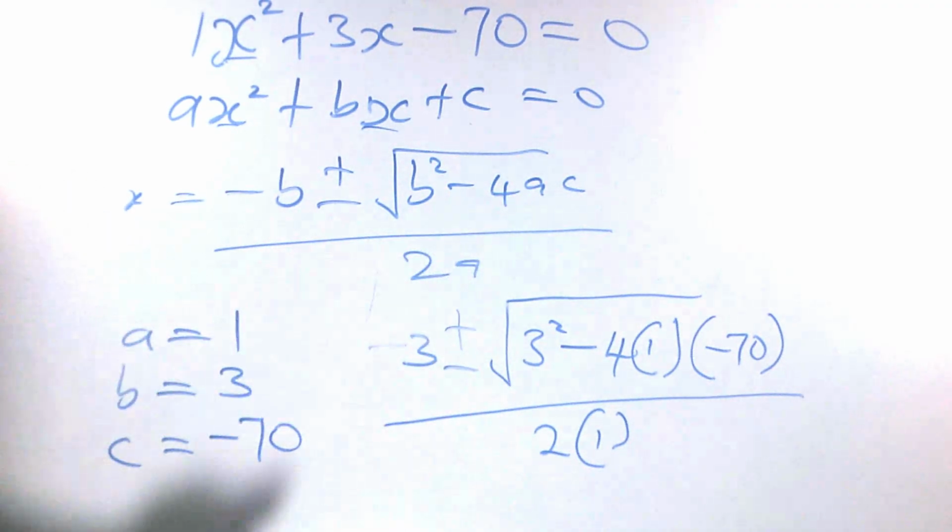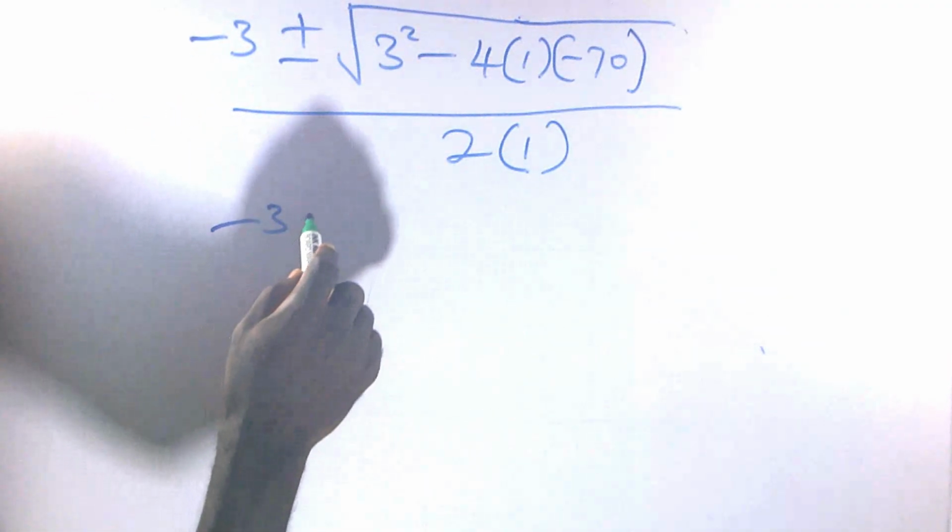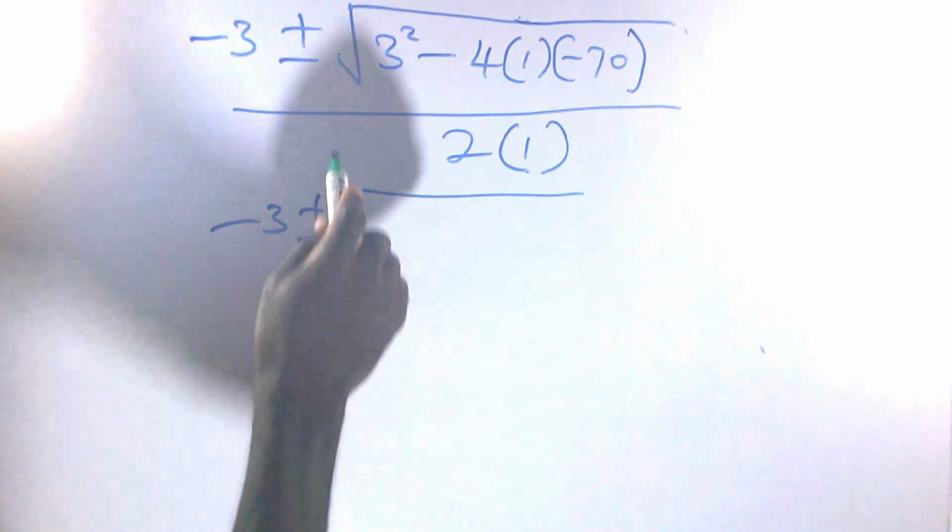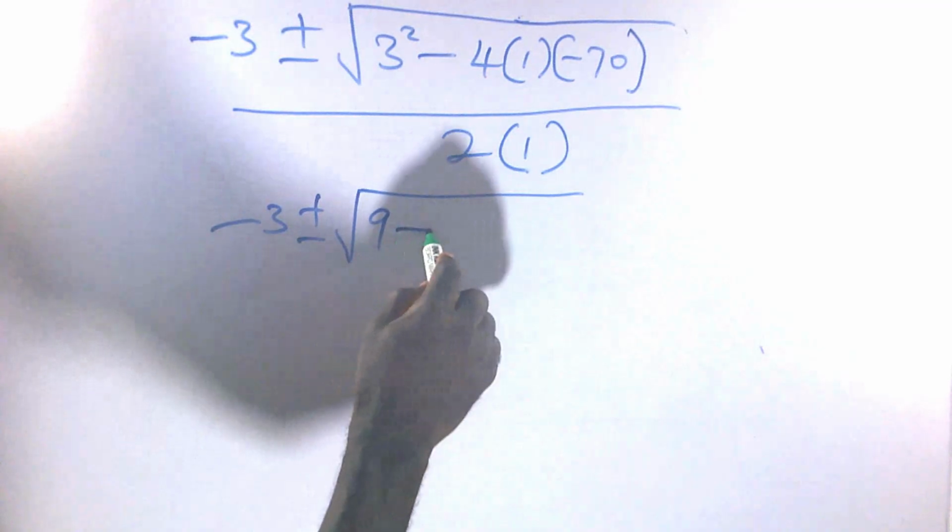So this is what we need to solve now. Minus 3 plus or minus the square root of 3 squared, which is 9, minus